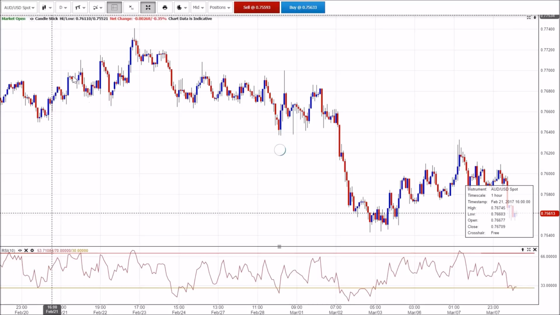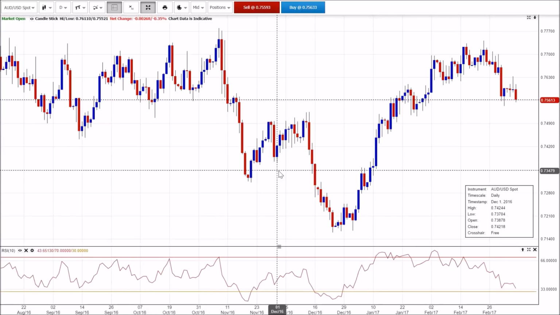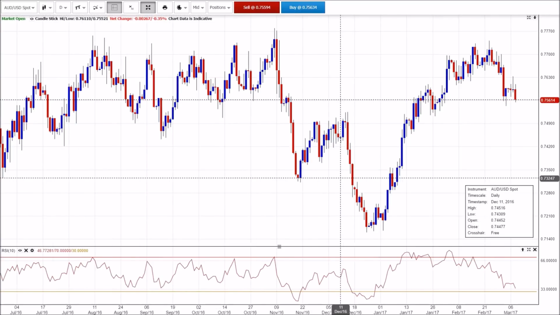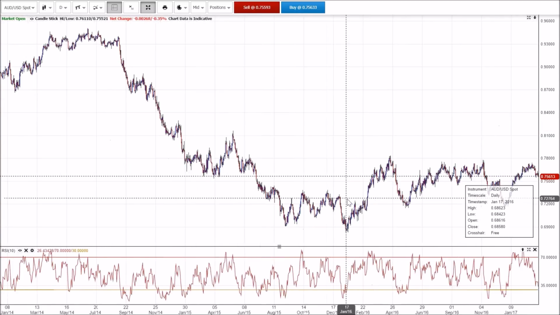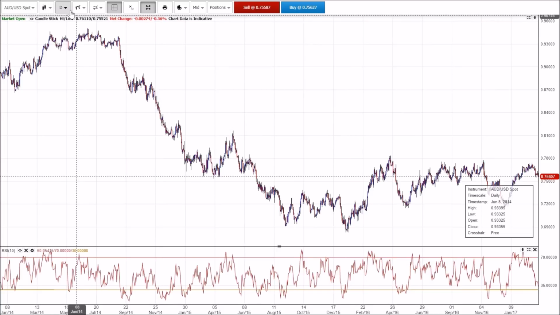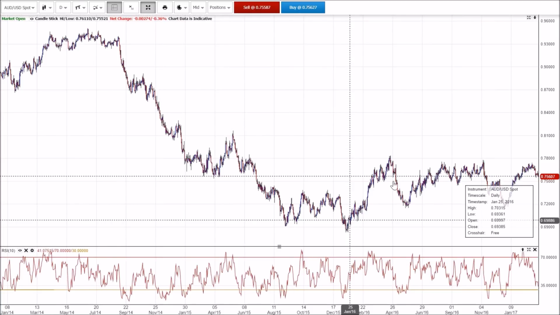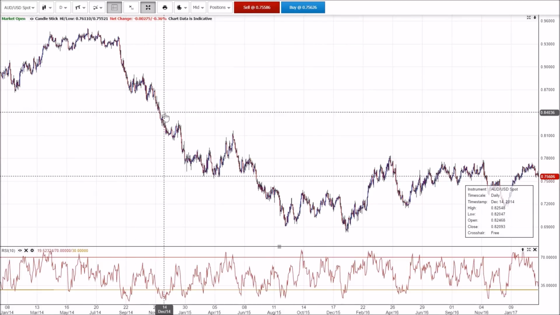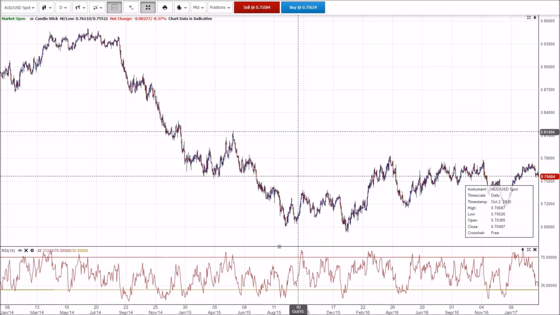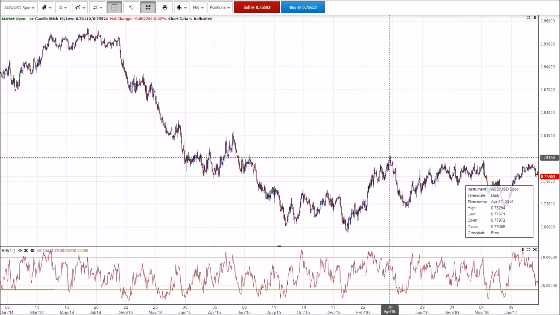Let's have a look at the dailies. Here we go. We've had this run since December. It's quite a big run, and we've been watching this for a while, and the whole discussion has been: is the major trend, are the moves that we saw for much of last year, the start of a reversal of this downtrend from late 2014, early 2015? It's been promising, but since April last year, so for 10 months